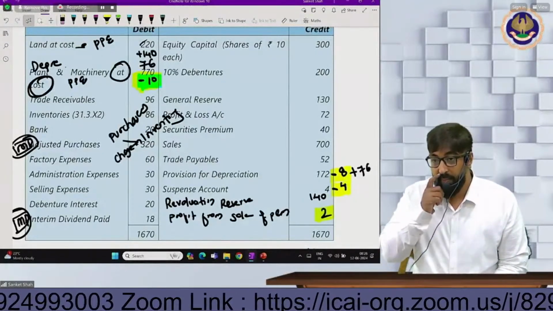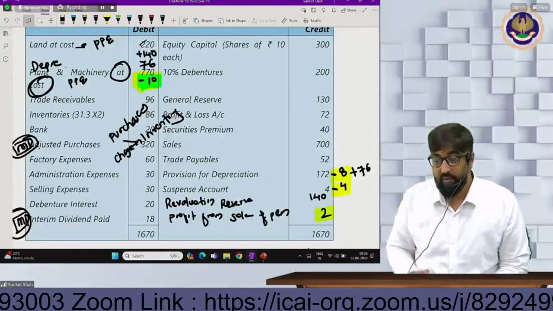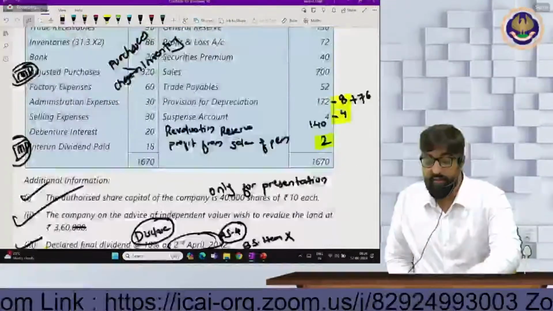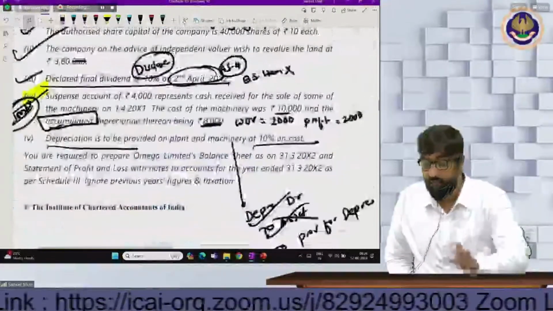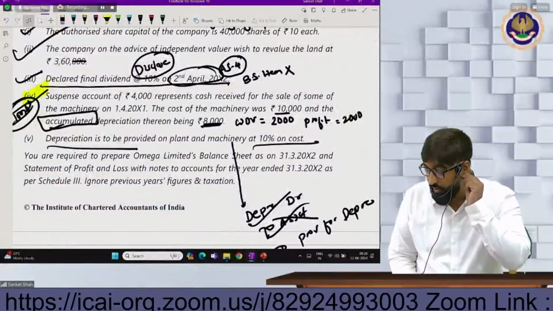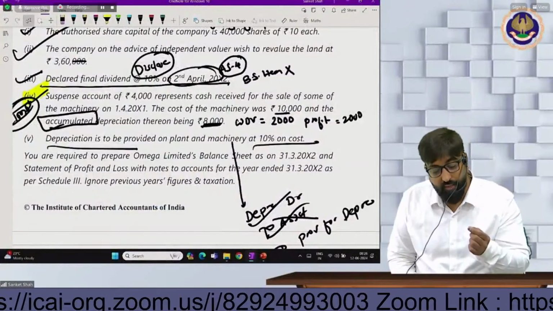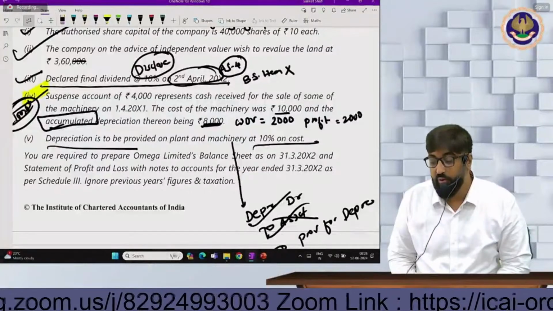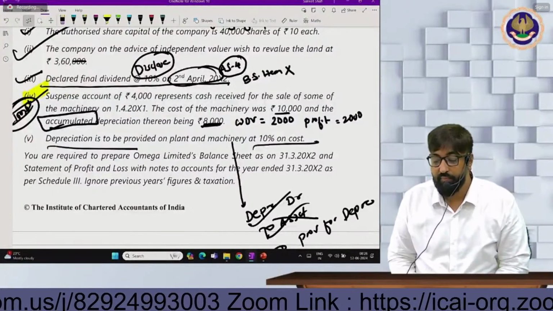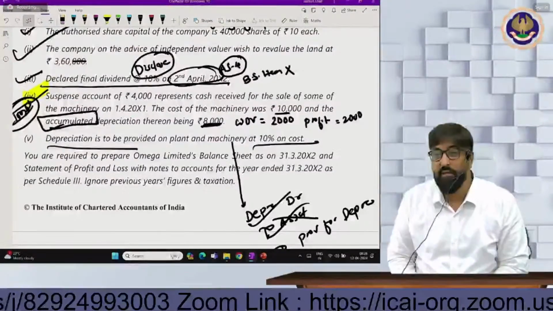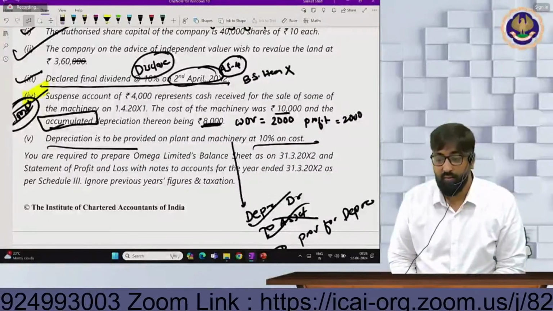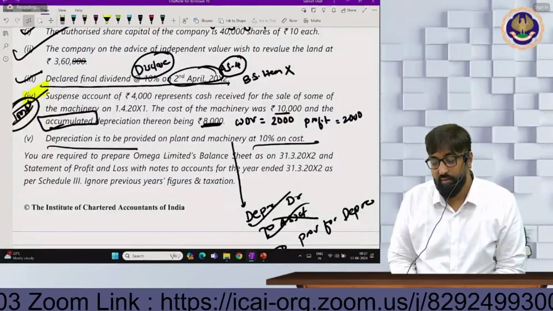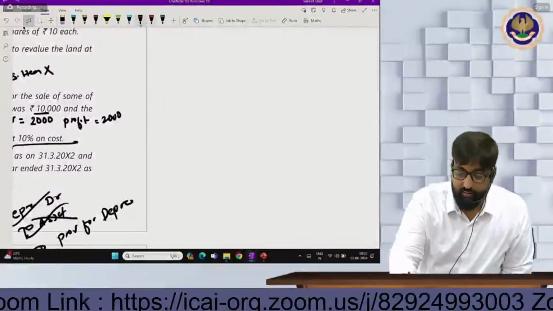हाँ जी, एनी अदर क्वेश्चन टिल नाउ? सर, ये सस्पेंस अकाउंट वाला मेरे को नहीं समझा, कैसे माइनस। ठीक है, देखो, आपकी एसेट की कॉस्ट कितनी थी? कॉस्ट बताइए जो बेचा उसकी। 10,000। और आज तक आपने कितना डिप्रिसिएशन प्रोवाइड किया? 8,000। और आपको कितना पैसा मिला? 4,000। मतलब आपकी एसेट की वैल्यू कितनी थी? 2,000। एसेट की वैल्यू नेट 2,000 थी और बेचा कितने में? 4,000।